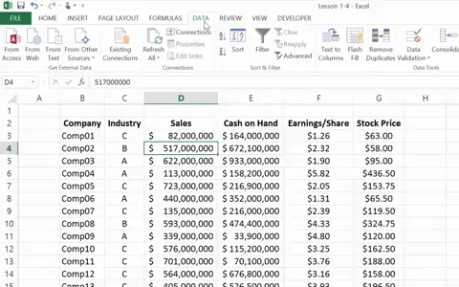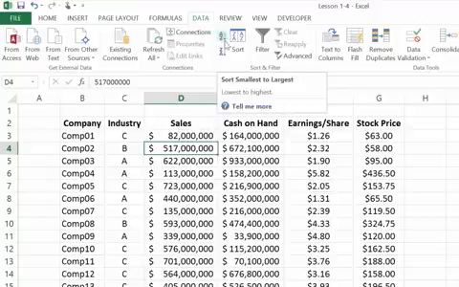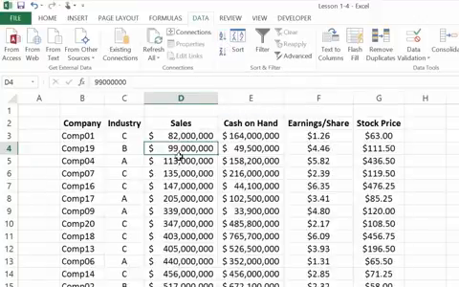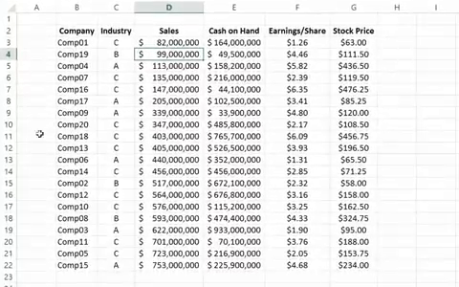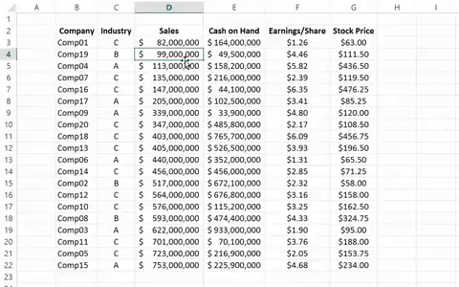Now, to sort this table by sales in ascending order, that would be smallest to largest, I just find the sort ascending icon here and I click it. Once I'm in a column that I want to sort within, selecting that sort icon literally rearranges the values in the table based on the field that I've selected. So you'll notice that all of the records are reorganized here based on sales, and I've got a rank ordering from smallest to largest of all the companies in terms of their sales.